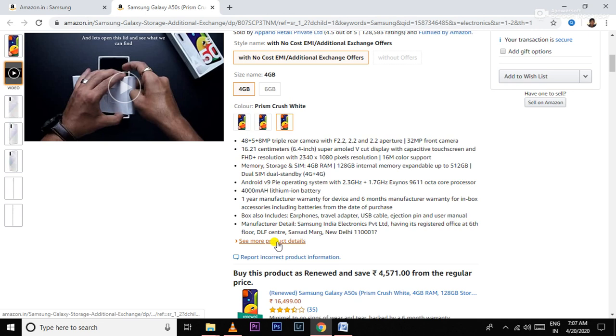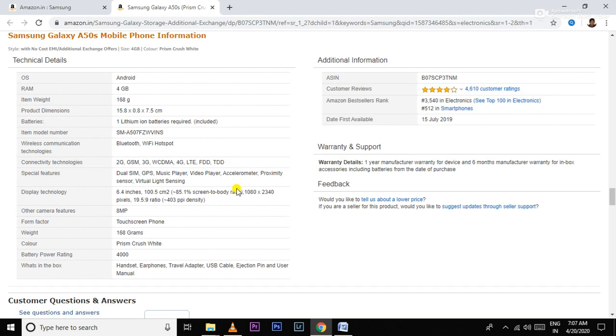If you want to view more details like technical details, you can click on show more details. Here you can see the technical details, the operating system it supports. Here is the additional information, the warranty and support.